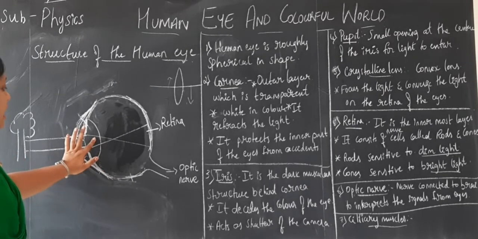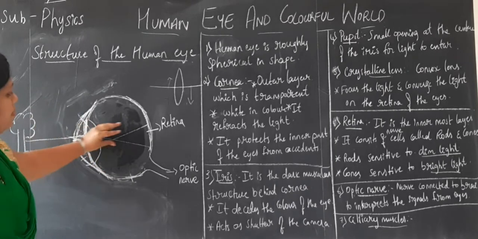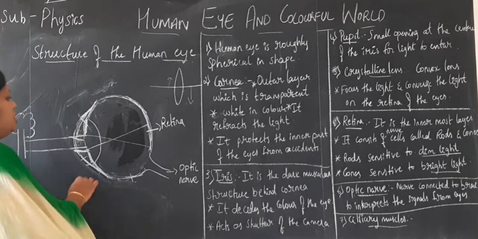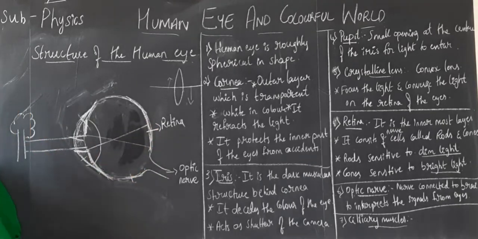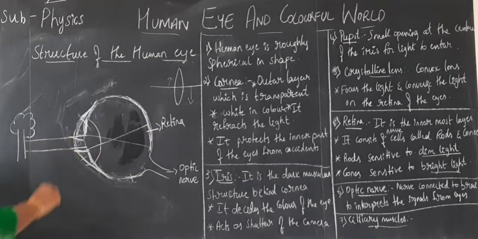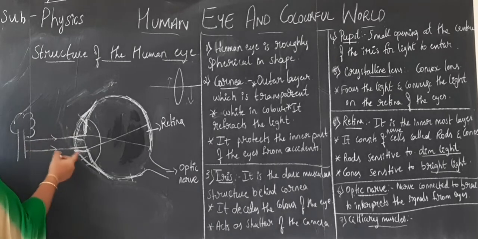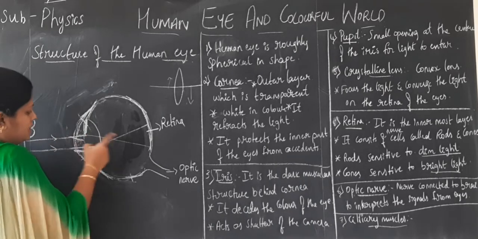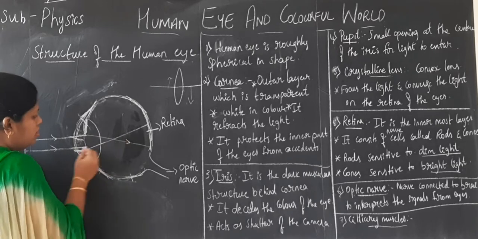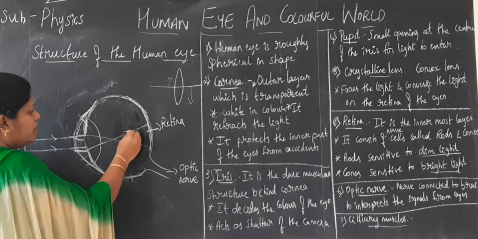It is entering the glass medium and the lens will simply converge the light and make sure that it is falling on the retina. Look how the rays of light will pass. It is coming from the tree or any object you consider for that sake. It is entering the lens. This ray of light is going like this.